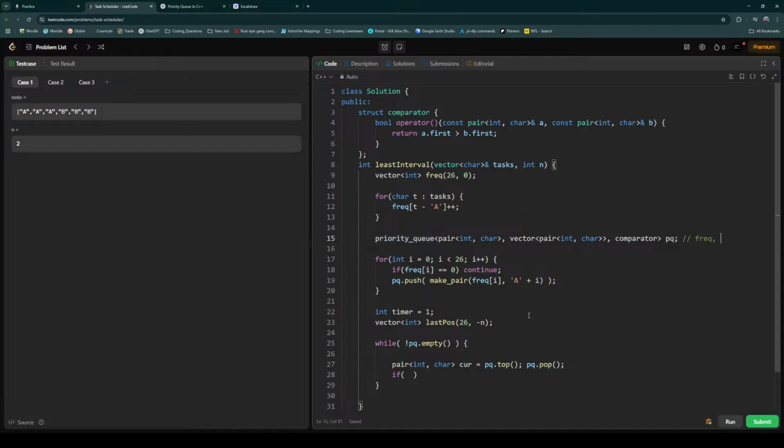Frequency and character or task. If cooldown means last position of current dot second, timer minus